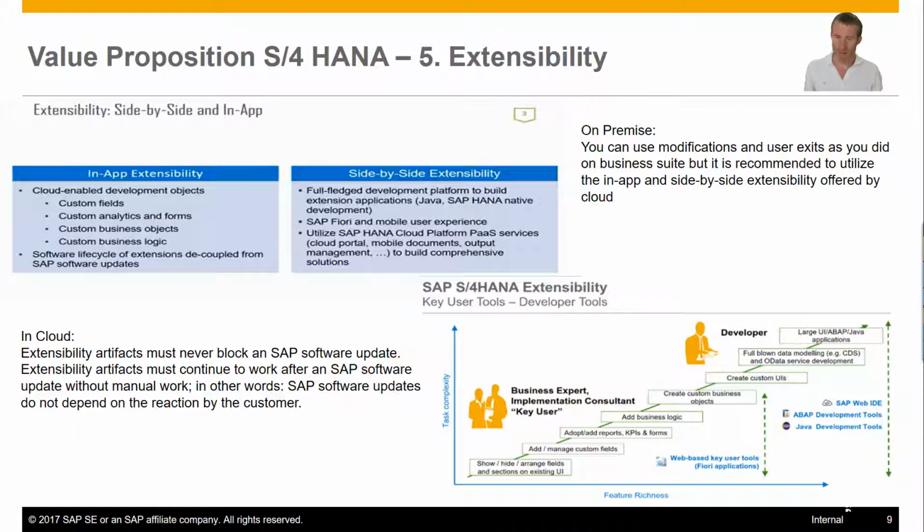Okay, if you have an on-premise edition of S4HANA, you can do exactly what you do in the old business suite. So all of the customizations and modifications are possible there. But remember, the more changes you make to the core, the longer it takes for you to upgrade. Upgrade cycles take longer, and you lose out in the speed of innovations that are delivered via updates to the